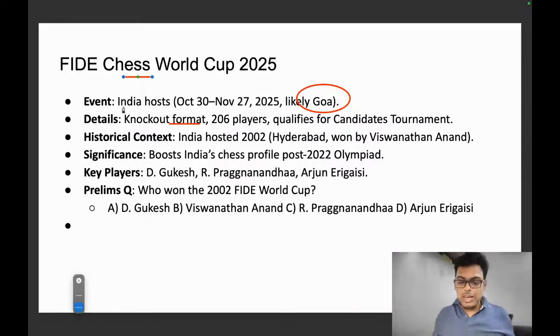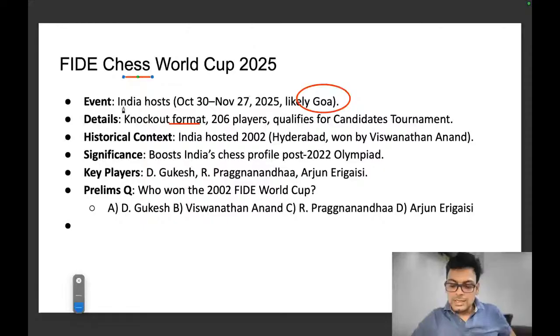So the next one is the FIDE Chess World Cup. India is going to host this World Cup from 30th October to 27th November. It's a knockout format. From India, D. Gukesh, Pragyananda, Arjun, all of these are going to participate. And what is the significance of this? Basically, it boosts